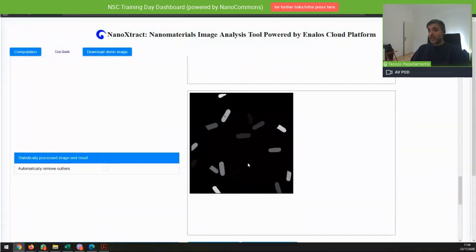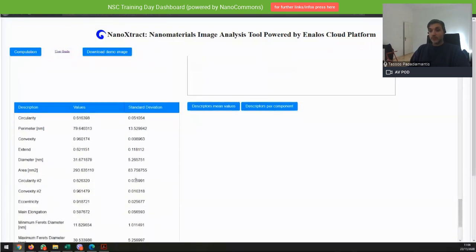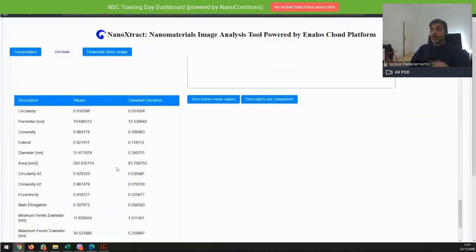And then eventually, you see we have this problem here, although the scale bar and the A letter have been removed. As you can see, instead of having full rods, we have half of them and so on. And although we got some results, these apparently are not going to be correct.